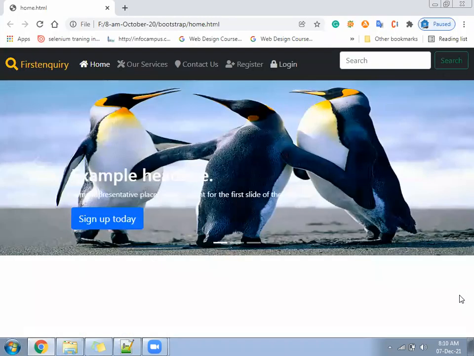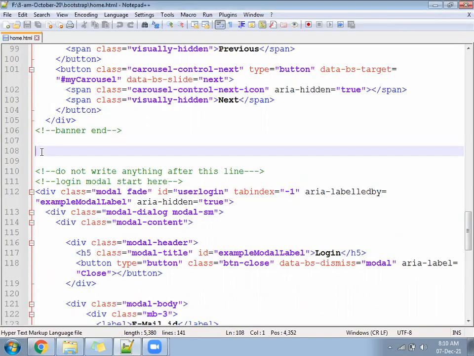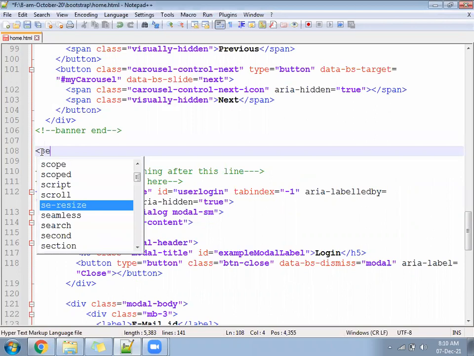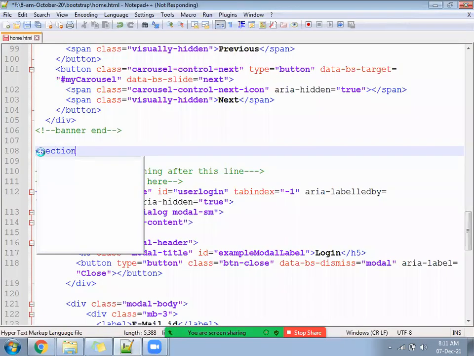After the banner, there should be one about us section. So you will write a section tag here. And under the section tag, we will be displaying the about us using some different color combination.